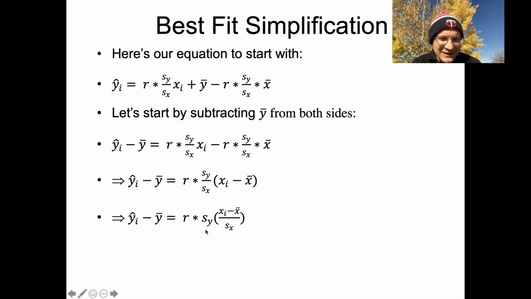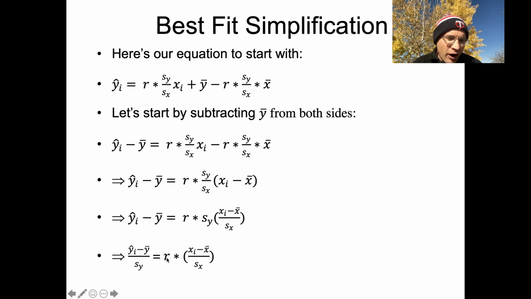Well, it turns out we can collect this standard deviation of x term into this expression in parentheses, and I'm getting x sub i minus the mean of x divided by the standard deviation of x. And if this looks familiar to you and you're like, hey, I know what that is, then great, you should, because we've talked about this expression at some length, but I'm not going to spill the beans and tell you what the answer is until I do something else, which is to move this standard deviation of y term over onto the left side by dividing both sides of the equation by the standard deviation of y. And now what I've got is the y hat sub i term minus the mean of y divided by the standard deviation of y. This looks awfully similar to what's in this parenthetical expression here.